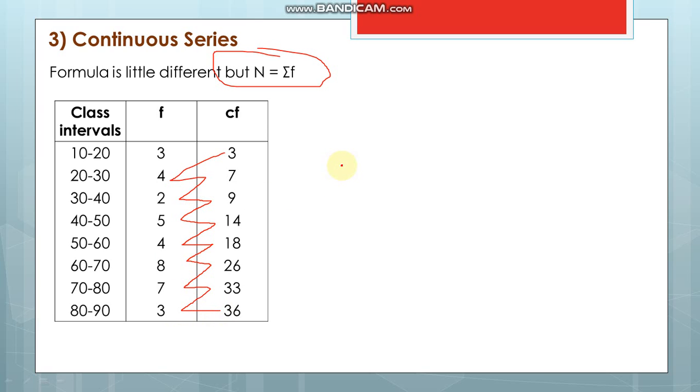Now how do I calculate? First I have to find out, suppose I'm calculating quartile 1, in which particular class interval quartile 1 lies. Once I identify the class interval, the next step is to find out